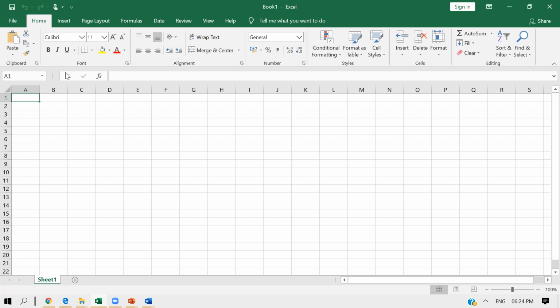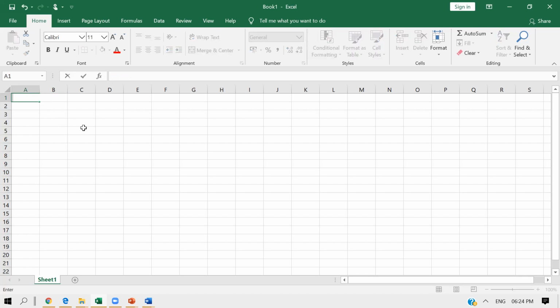Now in Microsoft Excel there is one thing called the active cell. The cell which you see highlighted is your active cell. This is where you are going to enter your data. If you want to write in this particular cell, you highlight this cell and then you can start typing like this. Clear?